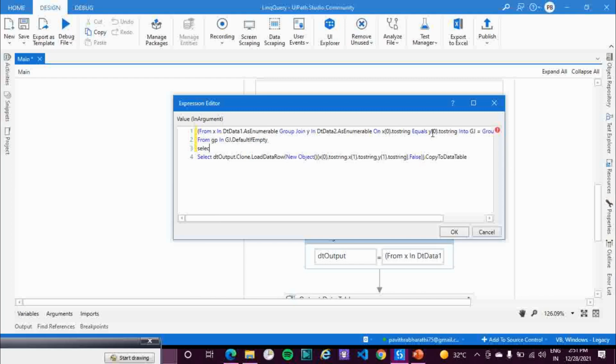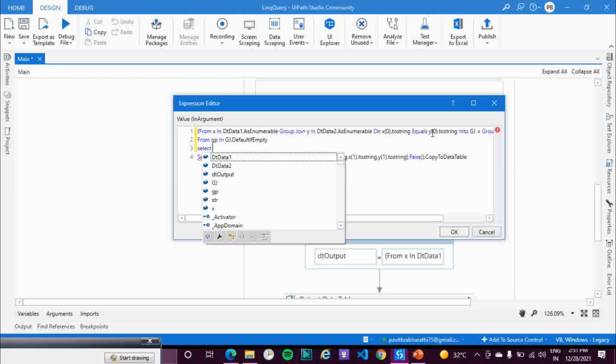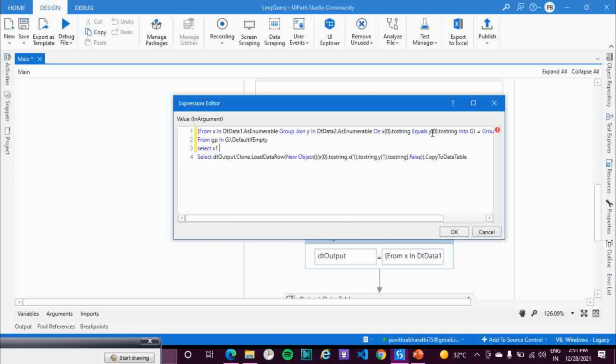Now select x1 is equal to x of 0, the same thing that I did over here, x of 0 and then x of 1.